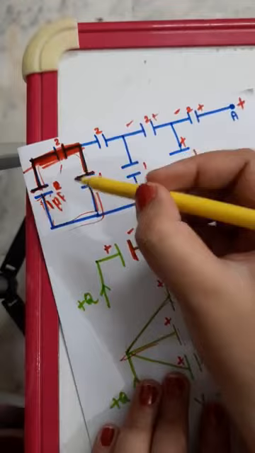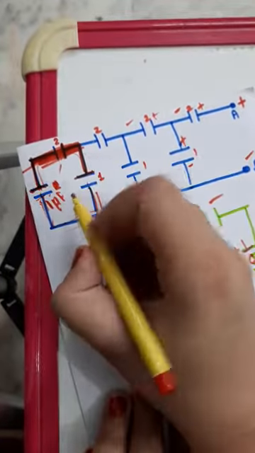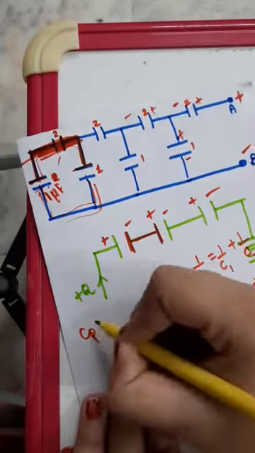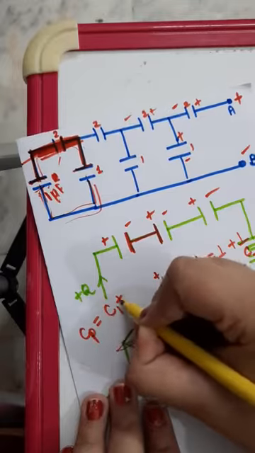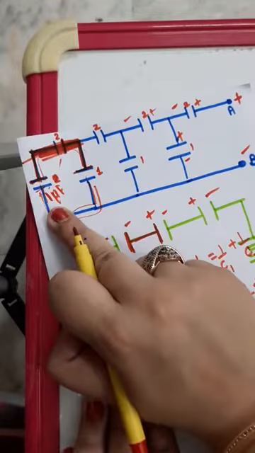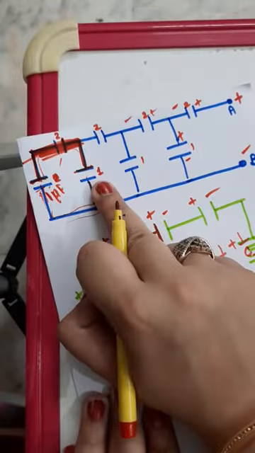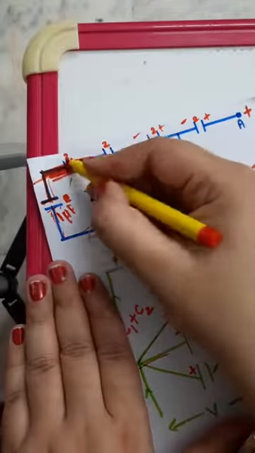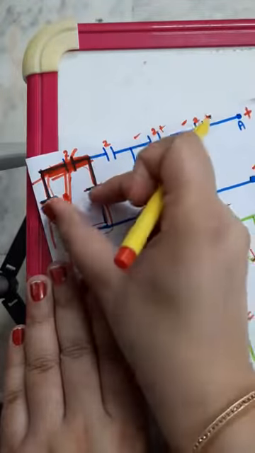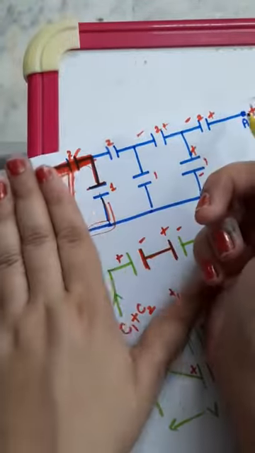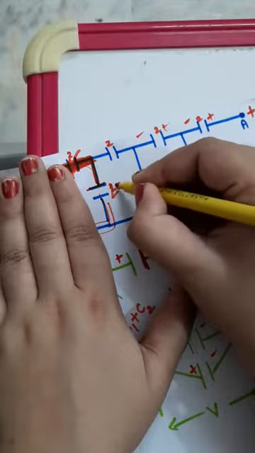And in a parallel combination of capacitors, what is the formula that we employ? Cp is equal to C1 plus C2. So 1 microfarad plus 1 microfarad will be 2 microfarads. So you can remove this component, because you have found its equivalent capacitance, and it is 2 microfarads.